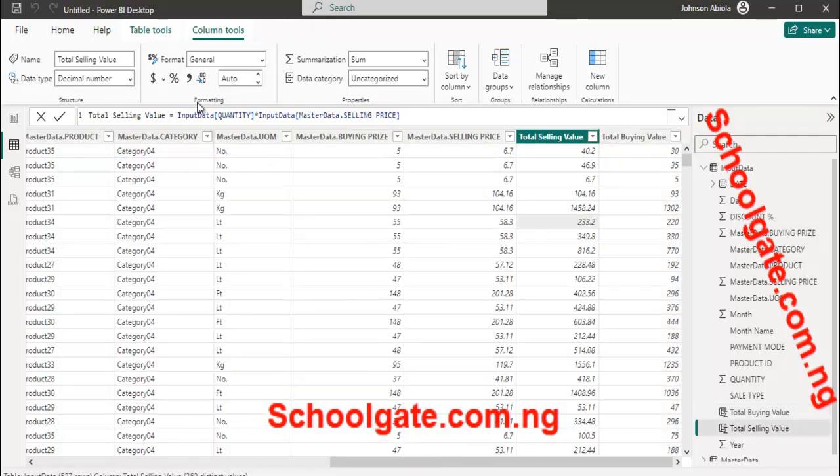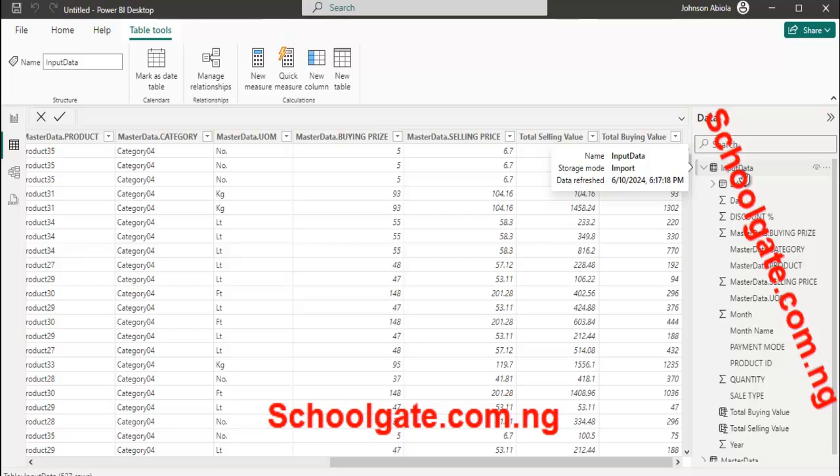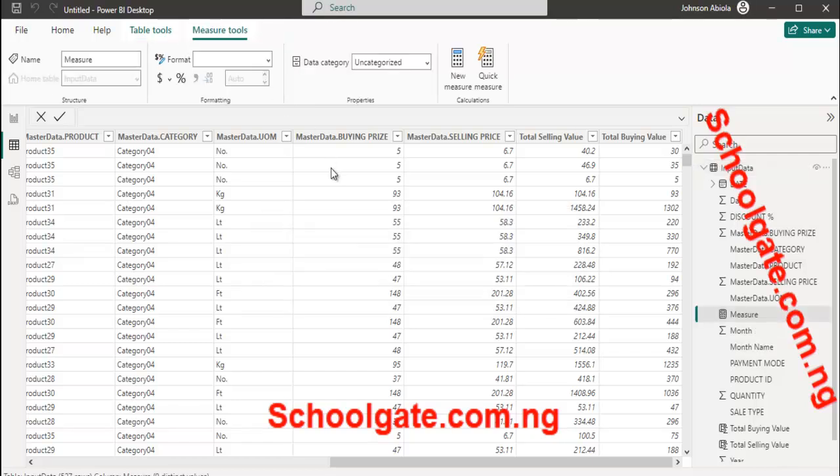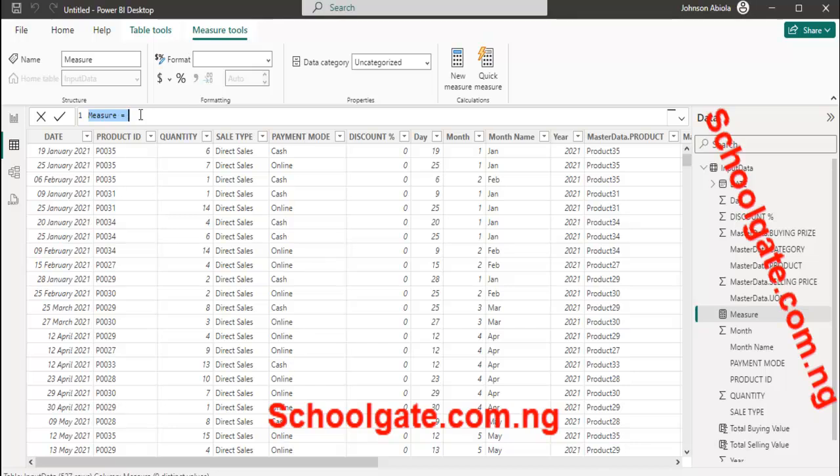So what we are going to do now, since we have created this, is go back here and click on input data, which is the data we are using. So you now create a new measure. Can you see what is there? Write that expression that calculates a value. So new measure, click on the measure, not column, it is a measure. You can start typing now, or you can click on this to clean, any of the two, but I will just start typing. So I will just say profits